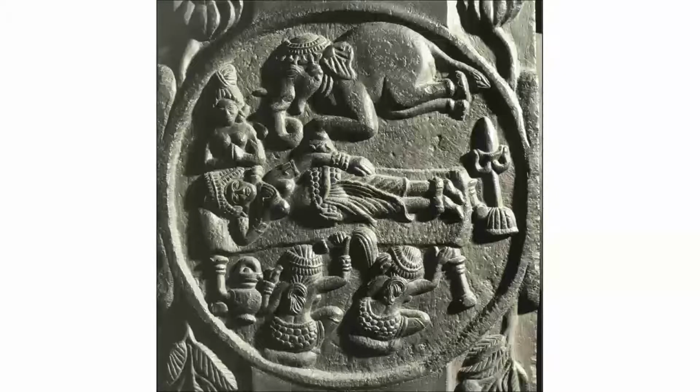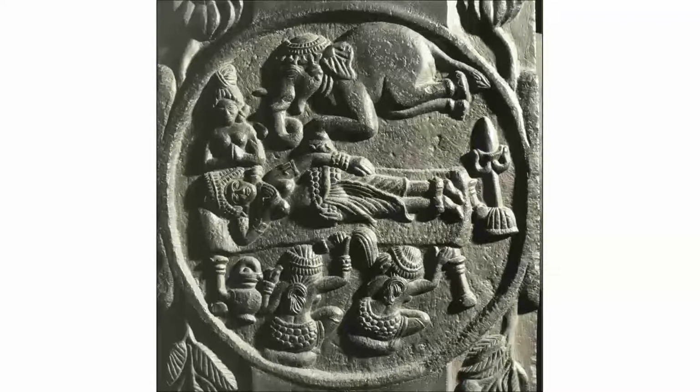And another important aspect to understand the relationship between the visual perception and the visual culture in the context of Indian art is to pay attention to the narrative aspect of Indian art. Not all Indian art is narrative. There are many examples of Indian art which are iconic in nature. Of course, even in an icon there is a story, but in iconic sculpture or the iconic images in painting, the stories are not so conspicuous, they are not so explicit. It is implicit within the iconography of an icon.